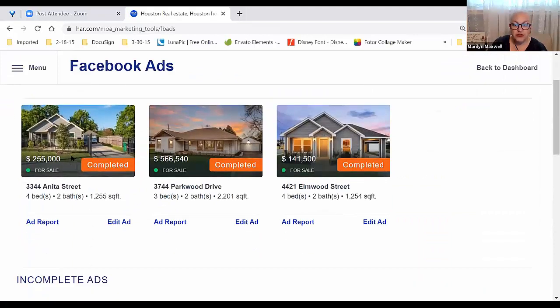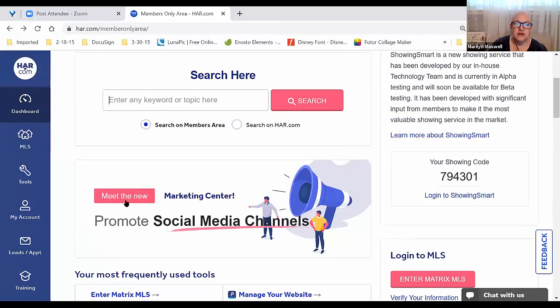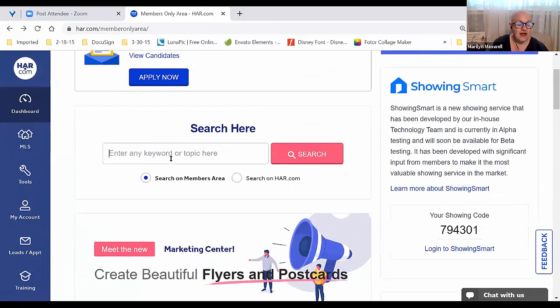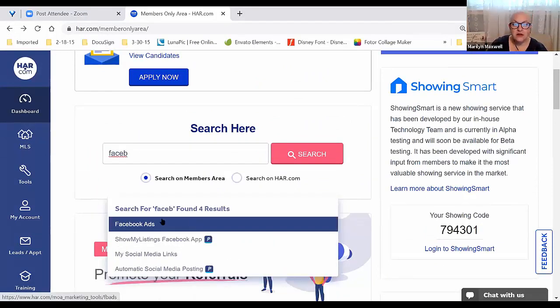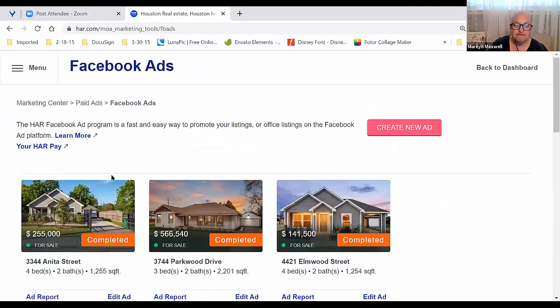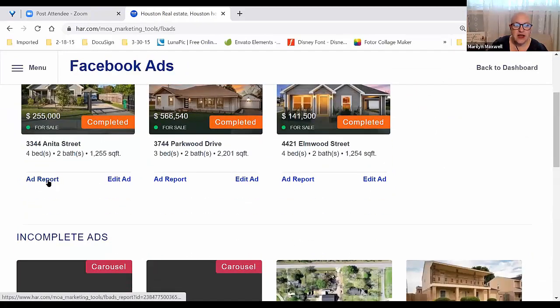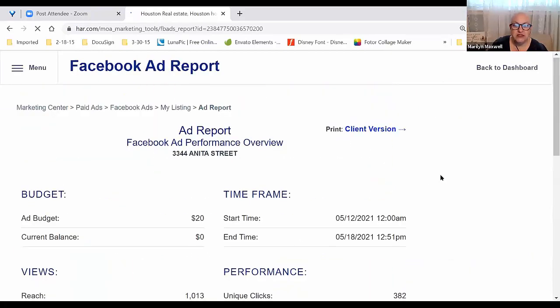You're going to get emailed this report as well, so you don't necessarily have to find it. It is in the tools. I'll tell you what I did. I just typed Facebook to find it and then clicked the Facebook ads. Technically, it's in tools and marketing tools and Facebook ads as well. But you'll be emailed the report, and then it will show you how many people clicked the link,